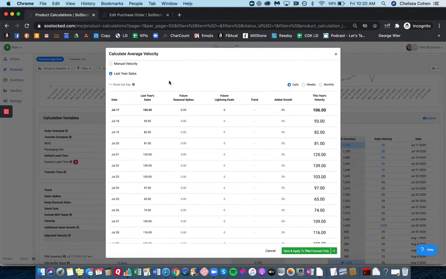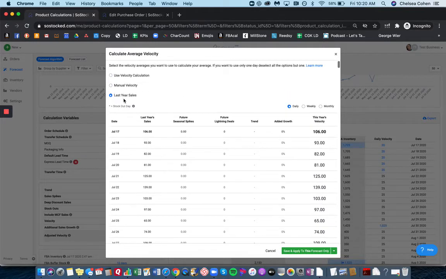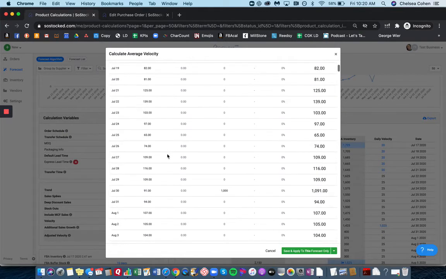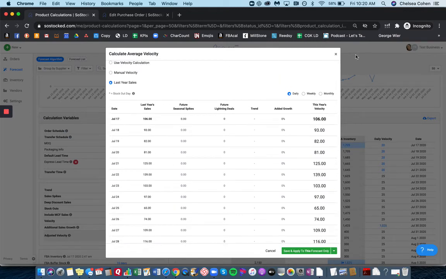The other way that you can calculate velocity is to use last year's sales. You'll see this asterisk. That means you had a stock out day. What we're going to do is take the averages and fill in what we predict, based on your average sales for that period, you would have sold if you had not stocked out. So you might see a line of all the same number with an asterisk next to it. That means there's a stock out and that we calculated that stock out into our equation. Now if you wanted to remove that stock out, if you wanted to show zeros, you could always go